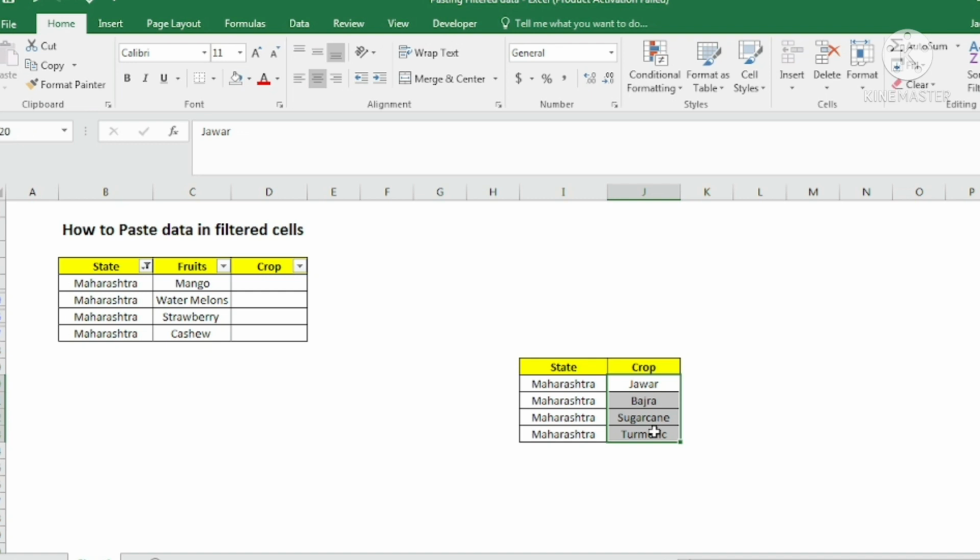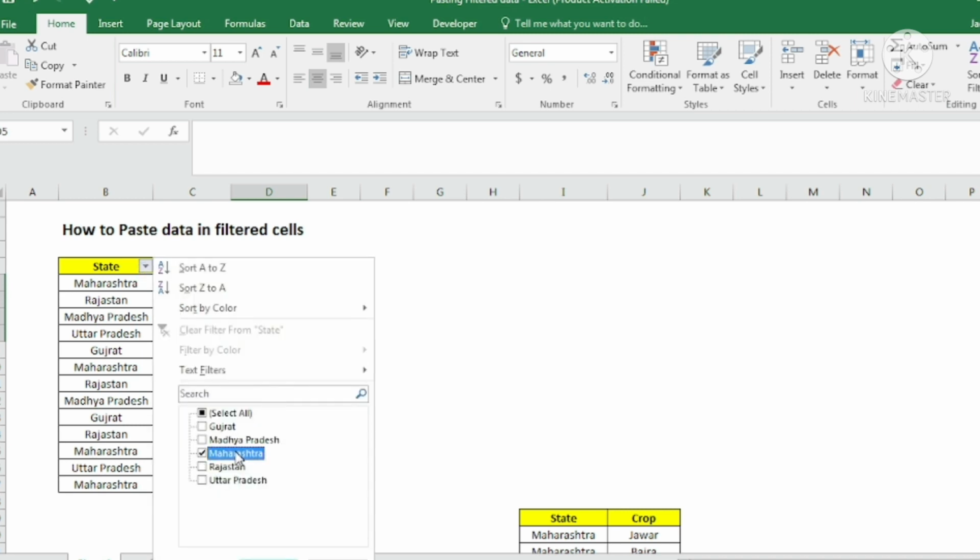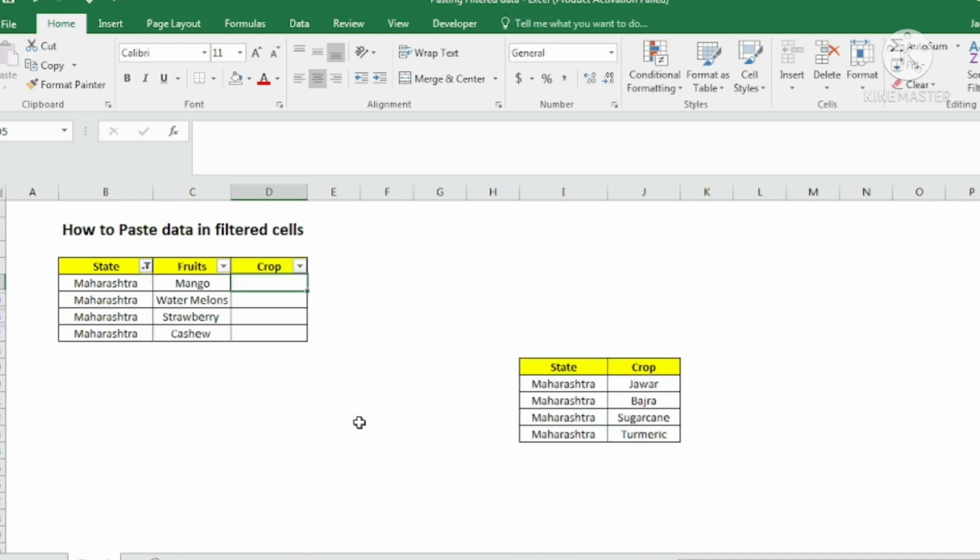If I copy these unfiltered cells and paste in a filtered cell, that is visible cells only, I will not be able to do that because my data gets pasted in the cells which are not filtered. That means the other cells also get the data pasted, so the data becomes incorrect. So how do I do that? There are two methods by which I can do this.